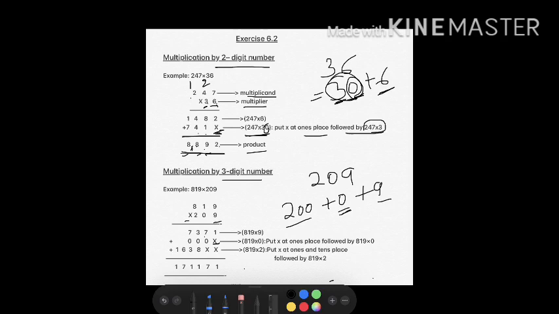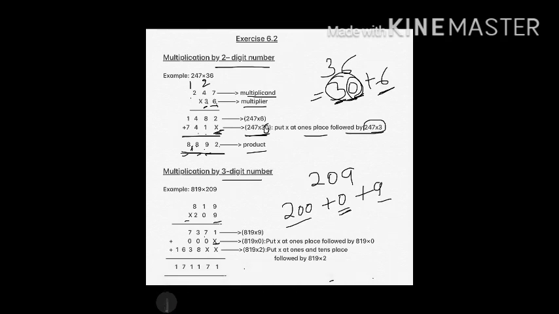The second line, what should I do? First I have to begin always with a cross sign, and the cross you don't have to put anywhere else. You have to put it under the ones place, exactly below this 1 here. In the ones place you have to put this cross. And then you begin multiplying with 0. As we have learned the property of multiplication, 0 multiplied with any number is 0. So here I got 3 zeros because this 0 is multiplied to 3 digits. So I get 000 here.